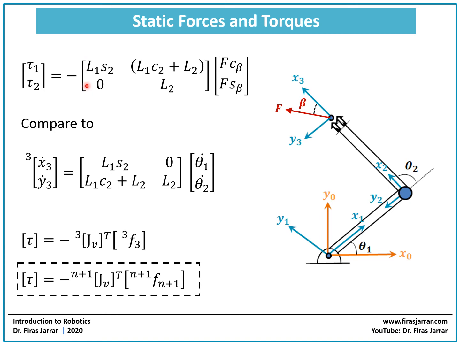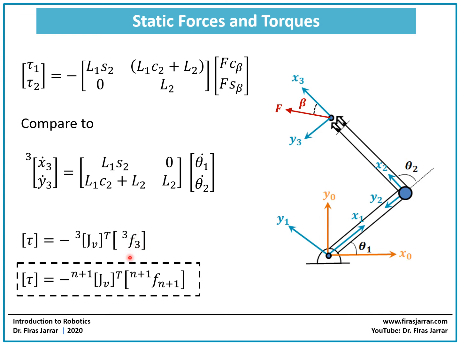You would simply see that this matrix is basically the transpose of the Jacobian matrix. L1 sine 2 comes here, this element comes here, the 0 comes here, and L2 comes here. So you can simply say that the static joint torques vector, or column matrix, is going to be equal to minus the transpose of the Jacobian matrix multiplied by the force vector at the